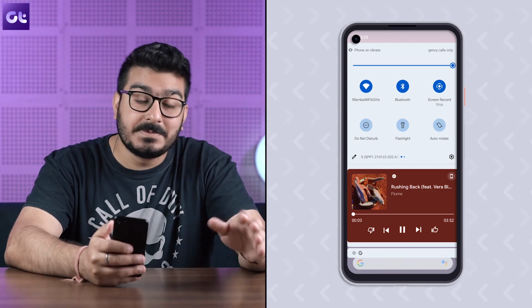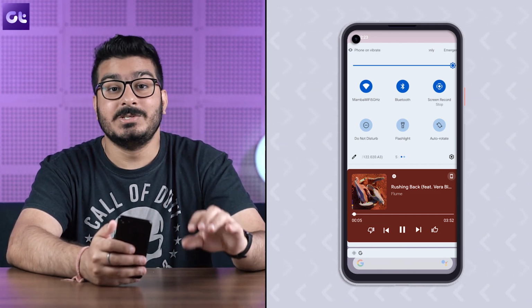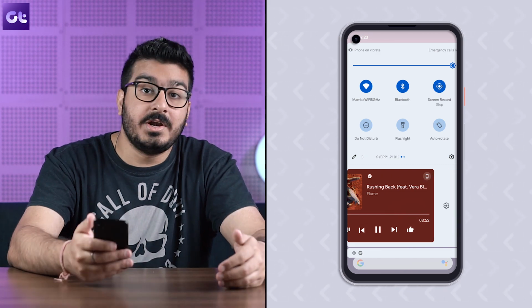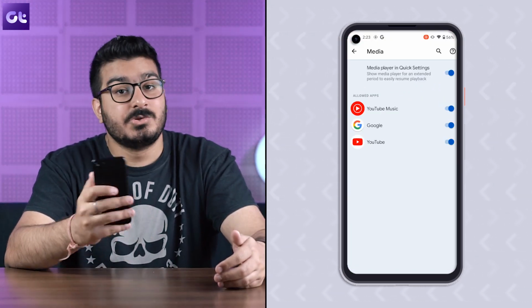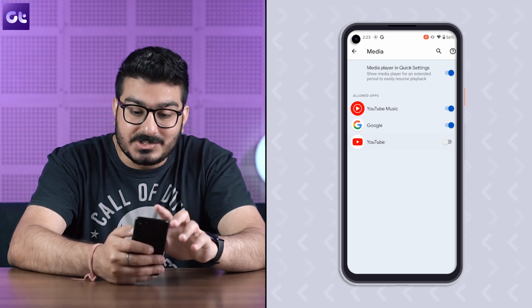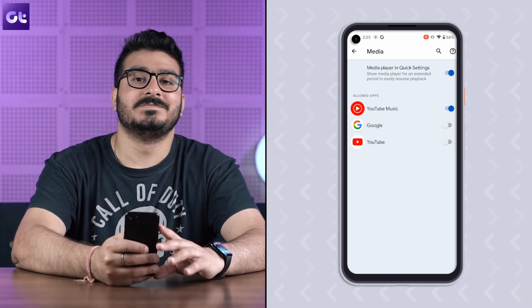That's it. Speaking about apps, the music tile now lets you figure out which apps you want to have a music control tile showing up in the notification tray. So you can just do that easily right here. Now there's also another new quick settings toggle at the top, which lets you reduce all the bright colors. Now this is just an accessibility feature to reduce the bright portions of the screen when you already have the screen brightness reduced. So well, yeah, it is there. I don't really see a point of it, but yeah, it's there.